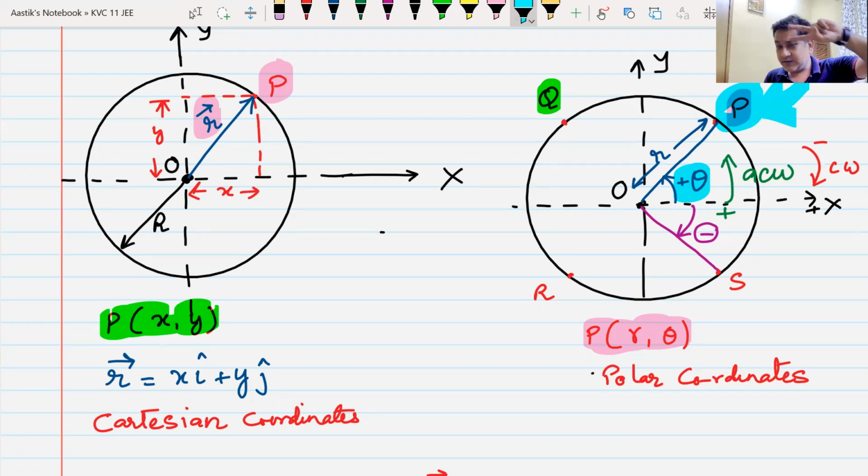Angular position is same as position vector. The only thing is one is a scalar, the other one is a vector. One is an angle, the other is a vector. Angular displacement is similar to what we had seen as position vector. The only difference being whether it's a scalar or a vector. Having said that,